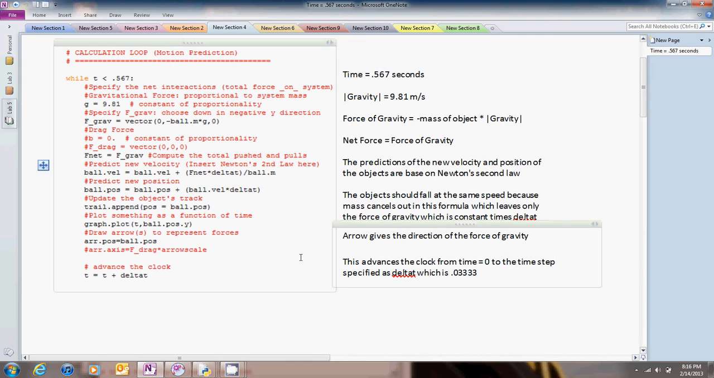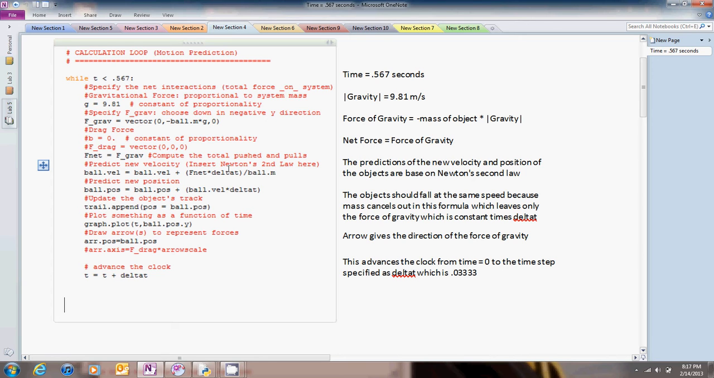So here's my code for these objects. The time of the video was 0.567 seconds. I factored in the force of gravity, 9.81 meters per second squared. The force of gravity is just in the negative y direction, so it's the ball's mass times the absolute magnitude of the force of gravity. The net force is only equal to the force of gravity in this case because we're not factoring in the drag force yet. And the prediction of the new velocity and position of the object are based on Newton's second